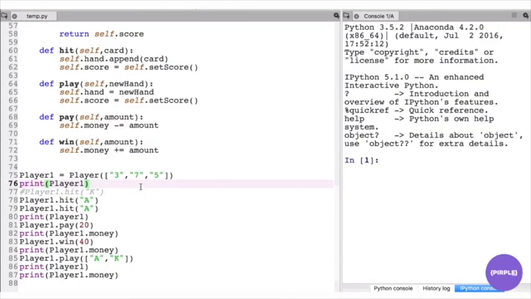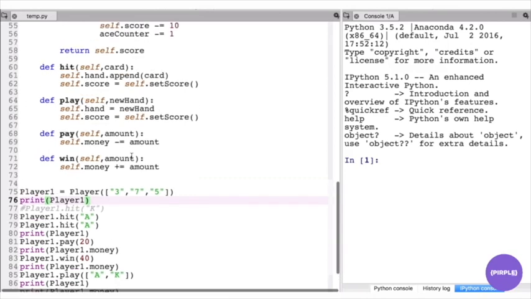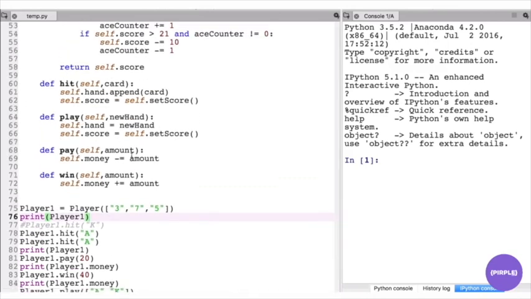Let's continue with our blackjack game. Specifically, let's continue with our player, and let's implement a betting function. So right now we only have the pay and the win, but we want to change this around so that we can have a bet and a corresponding win, and the player gets a certain amount of their money back plus extra if they win,